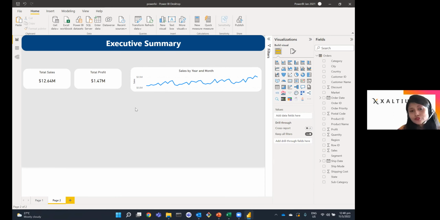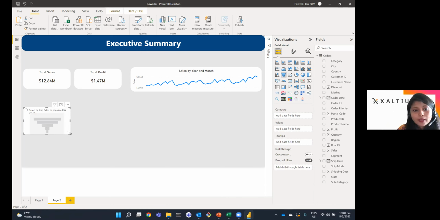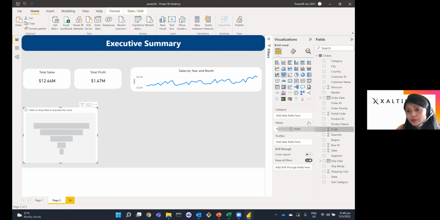Next, I'm going to also show what are the cities that are giving me the highest profit, and what are the top 10 cities that are actually giving me the highest profit, because that is going to be a good thing to show to the head of the retail, which adds a lot of value to my visualization to the report as well. So I'm going to create a funnel chart where I get to show the cities and the profits that we have generated from these cities.